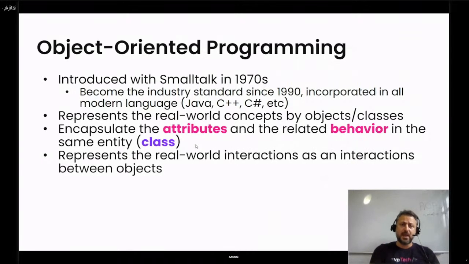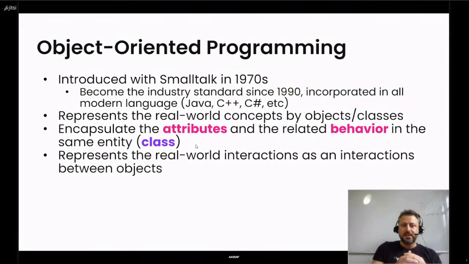And the idea behind object-oriented programming is to represent real-world concepts by objects and classes in order to allow the developer to express what he has in mind and not have low-level code like the machine likes.